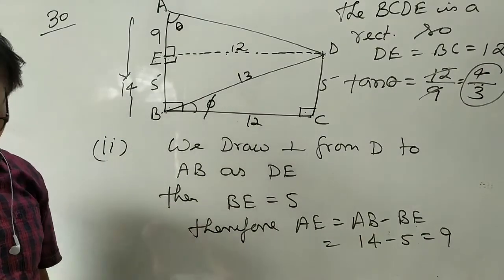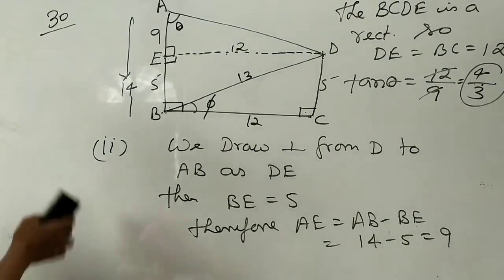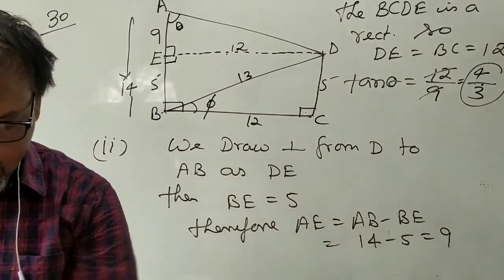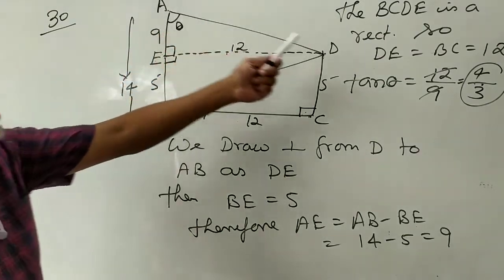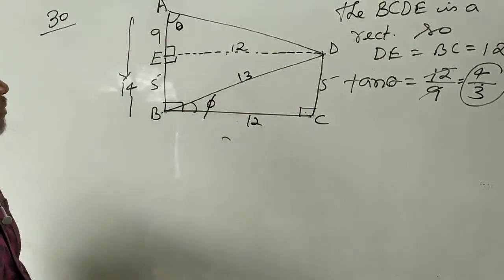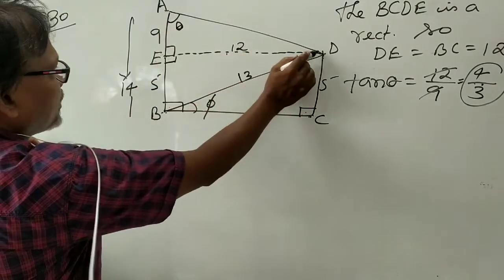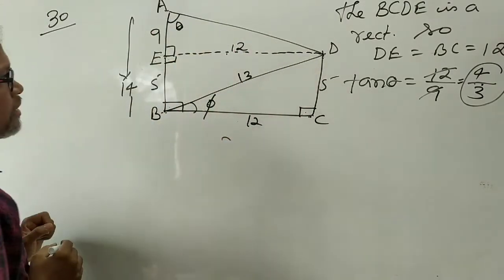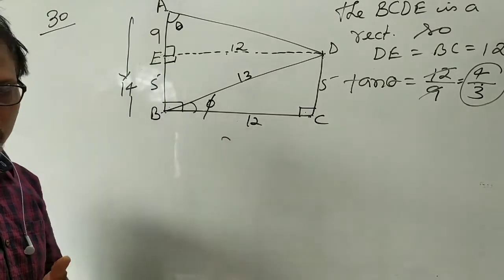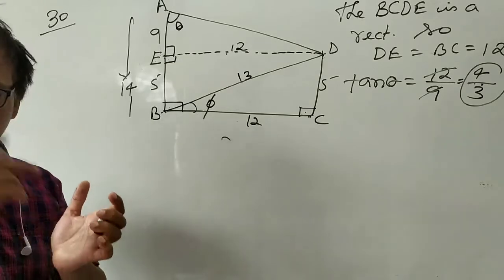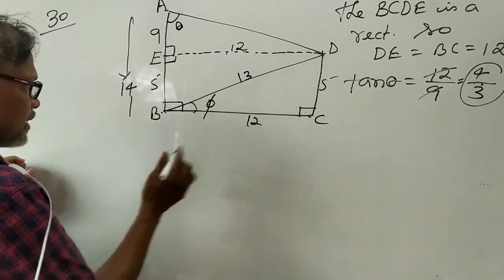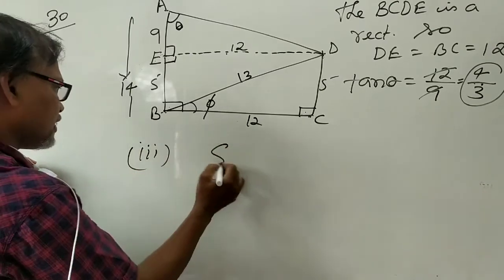After getting the value of tan theta, can you find the third part, which is written: write an expression for AD in terms of theta? We have to write AD in terms of theta. AD can come in which ratios? Hypotenuse, sin theta, cos theta, sec theta, cosec theta, we can take any of them. For example, if you are taking sin theta, what is sin theta?